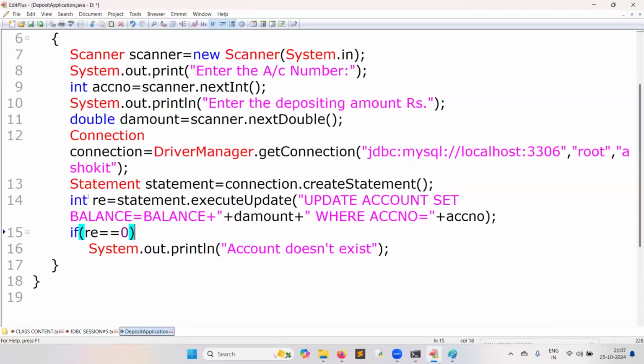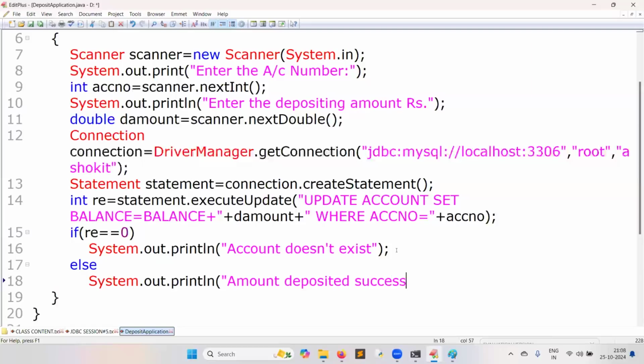Zero records. re holds 0 means no record is affected, means account does not exist. Else System.out.println, "Amount deposited successfully."